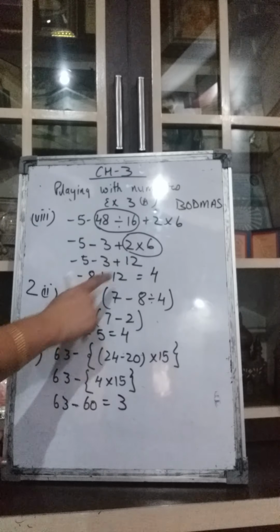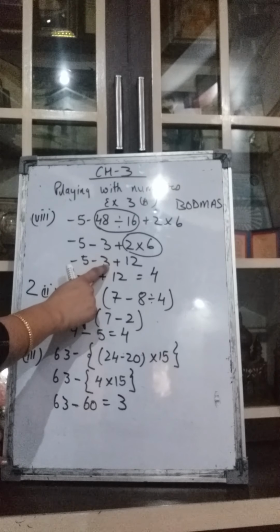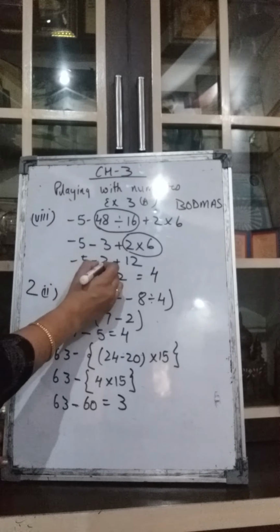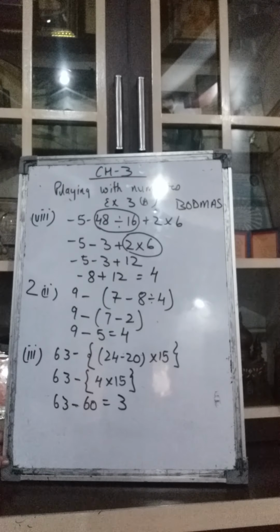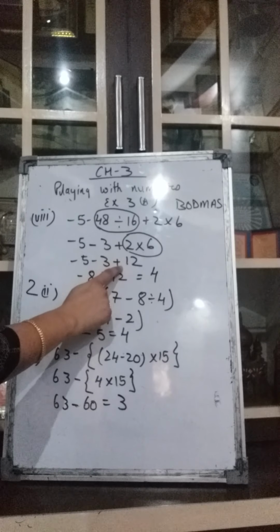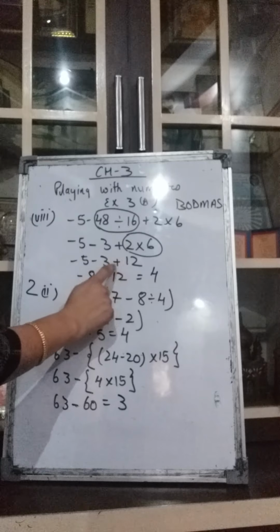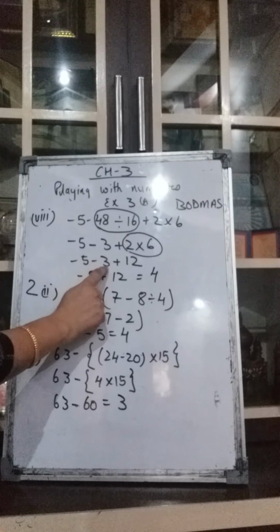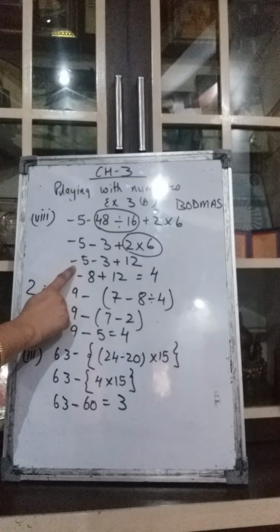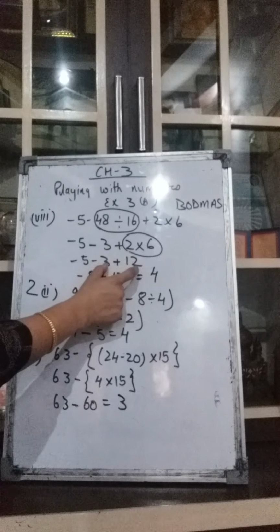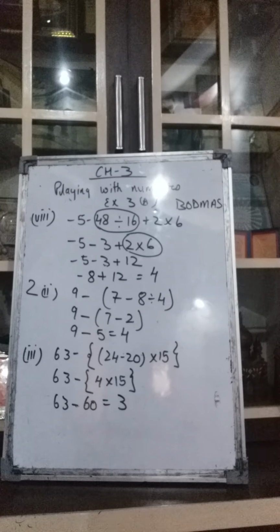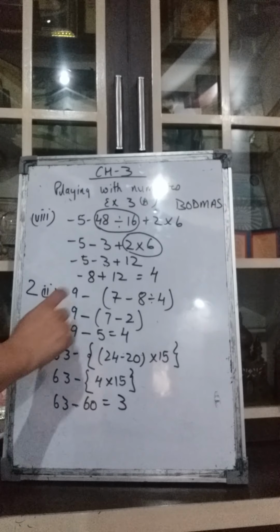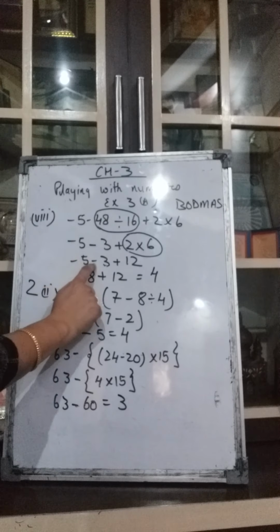So you will say, ma'am, we have to do the addition first. Okay, but here girls, we have to see the signs also. Here these are two with signs. These are with the opposite signs. Sign is always on the left hand side of the number. So this is with plus, this is with minus, this is with minus. Okay, so here these two cannot be added. Why? Because there is a minus sign over it. Is that clear?